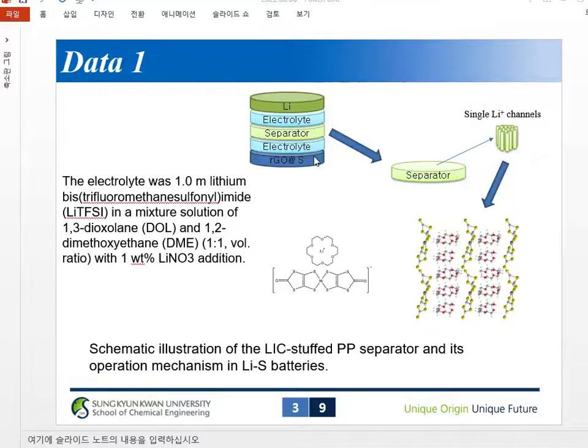A lithium-sulfur battery is a kind of lithium battery, but different from other lithium-ion batteries. Lithium will react with sulfur to produce lithium polysulfide, and then the polysulfide is reduced to lithium metal and sulfur. This cycling is charging and discharging. But if the polysulfide cannot be reduced to lithium metal and sulfur, and if the polysulfide is moved to the lithium metal,